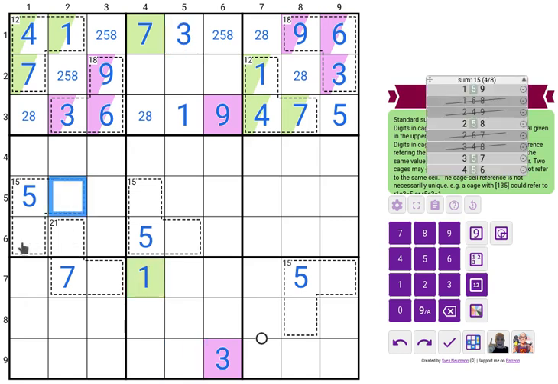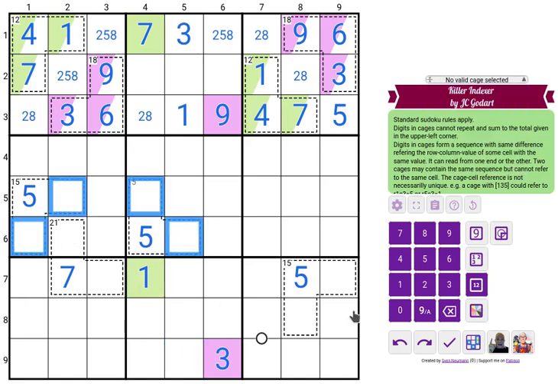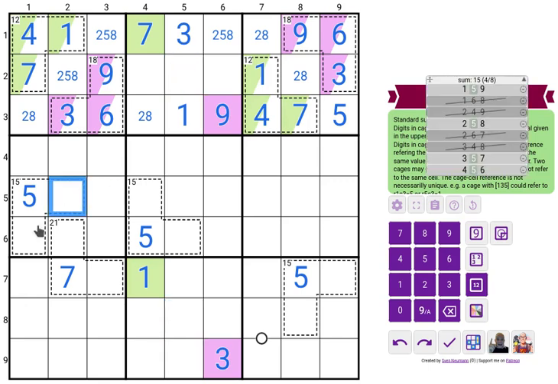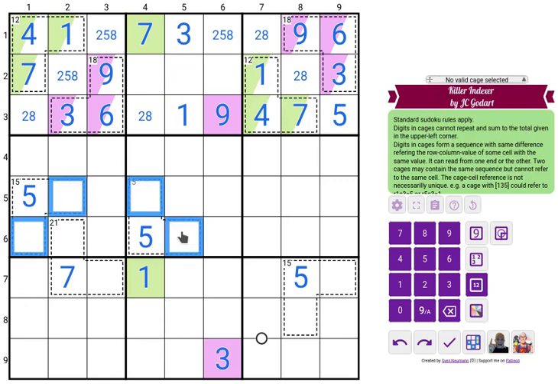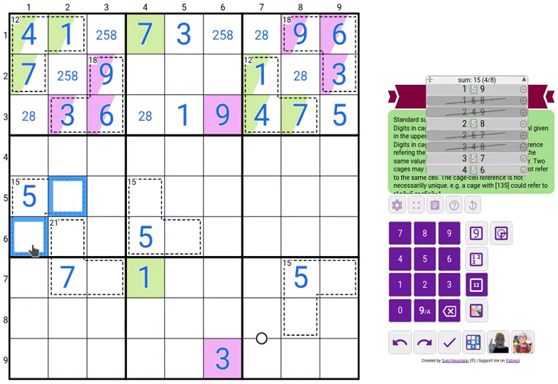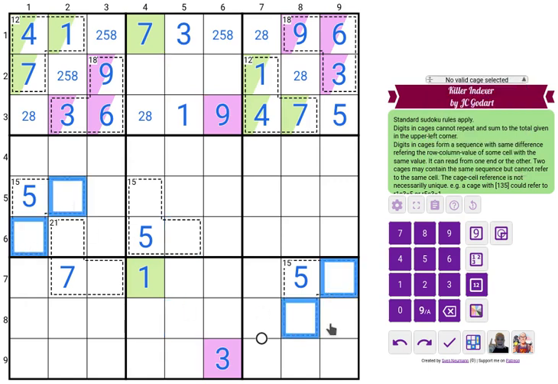So none of these can be 1 9. 8 2 would work, but not for this one, because it would be something. So 8 2 could go there,